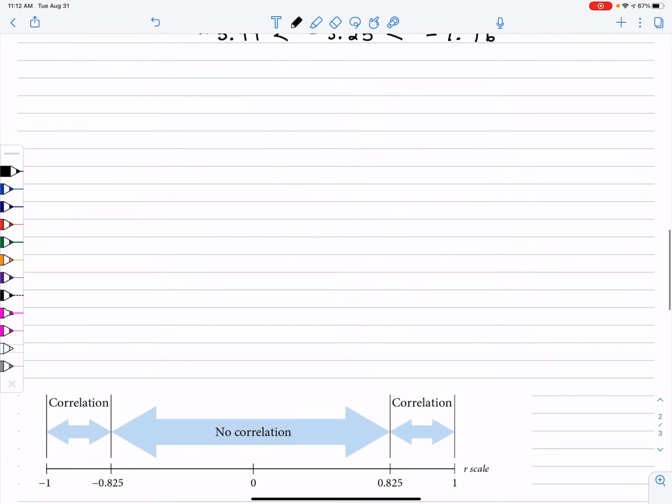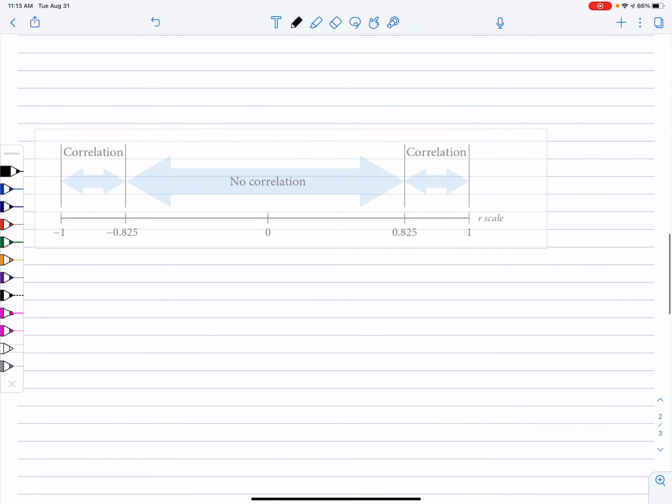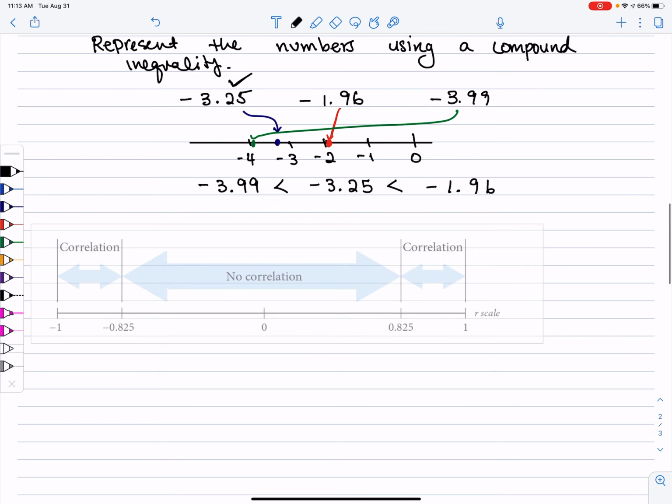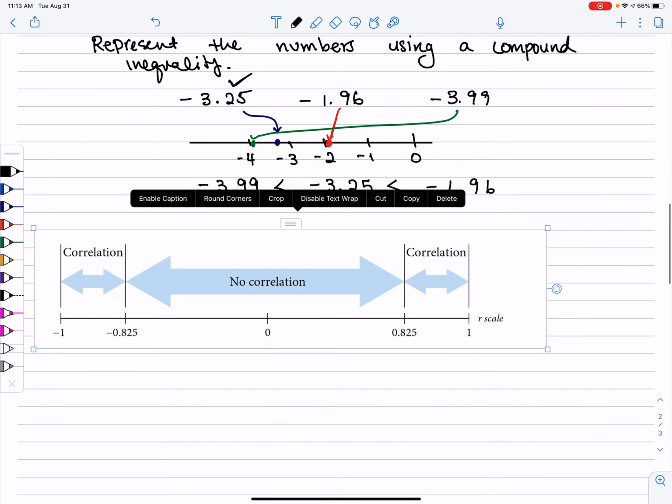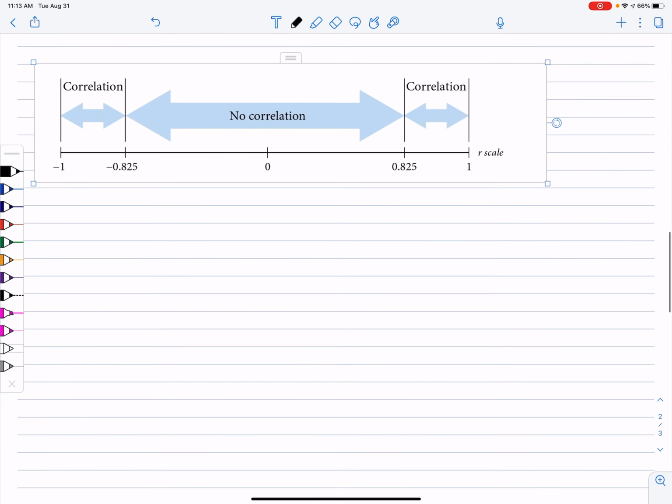And then what I'd like to do next, and this will be our last example in this video, I would like for you to consider this diagram here. This is a very important concept in stats. Right now for our class, we don't know what correlation or no correlation means. We're going to do that later. But what I want you to notice is that